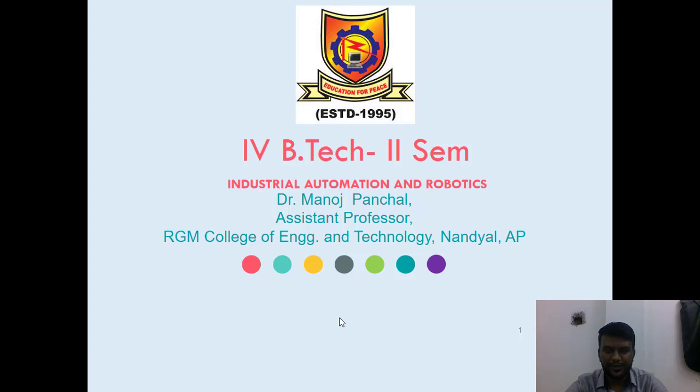In earlier lectures, we have discussed the robot anatomy. We have seen that a robot is made up of three sections, all imitated from the human anatomy. The first one is the body and arm assembly. The second is the wrist assembly. The third one is the end effector. The end effector can be as simple as a human finger. It can be mechanical fingers, and it can be a tool.